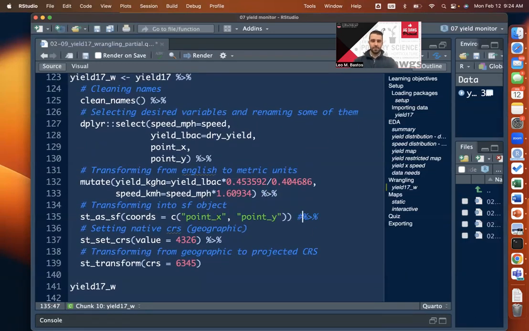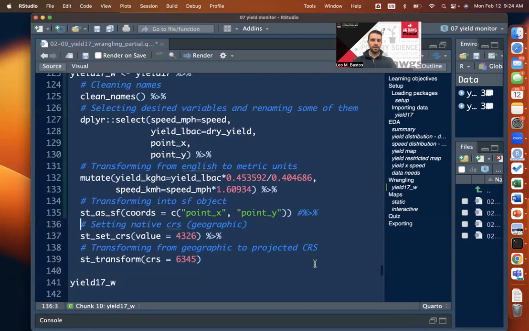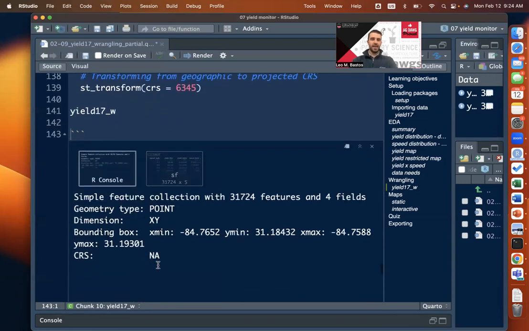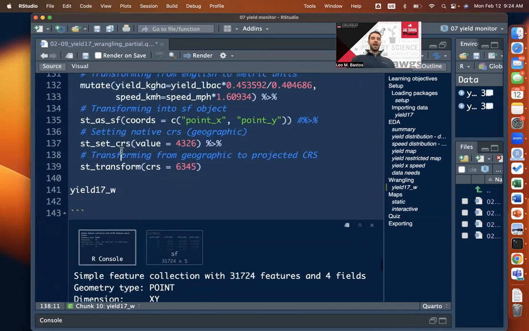Then let me just run until here. So I'm going to block this pipe here and run until this point and just print yield 17 at this point. We should see that there's no CRS, right? So remember, this was a CSV file in your computer. CSV files do not come with CRS information with them, right? So we do have to assign the native CRS, which in this case was WGS84. The EPSG for that is 4326. So we have to assign this